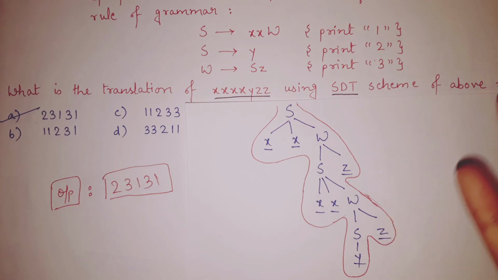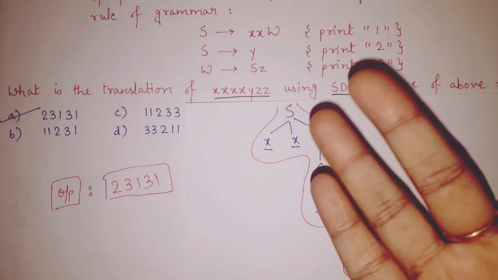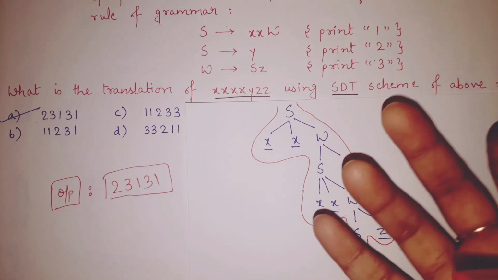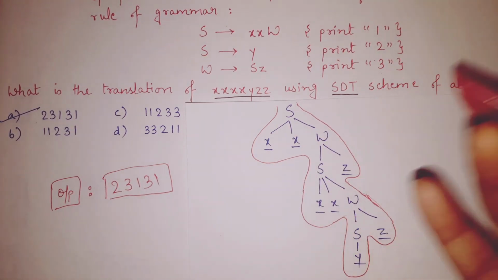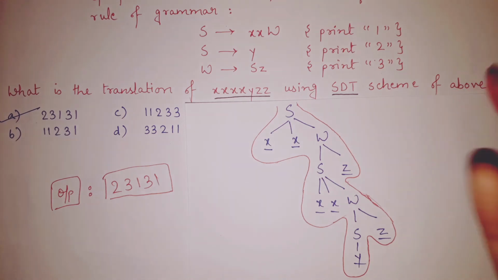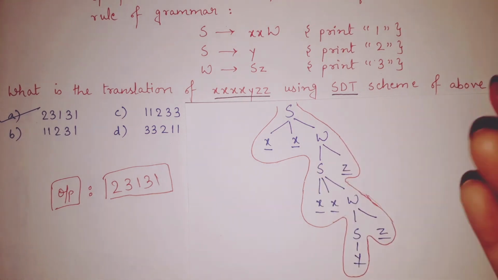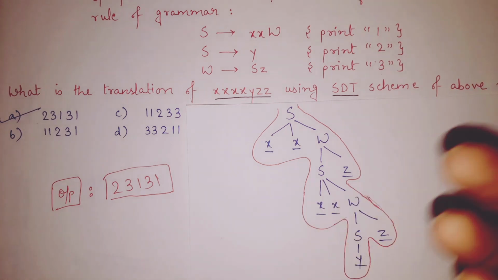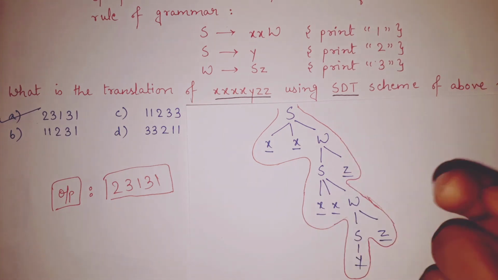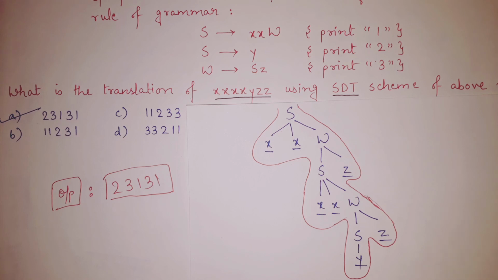Mainly you need to remember the 3 steps that I told you. The 3 steps we have to carry out, and this is just one example. This type of example is given in SDT. I guess SDT examples are asked 3-4 times in the GATE exam. So you must know this basic thing. Otherwise, if you want to learn SDT from scratch, as I told, you can go to our compiler design playlist and learn from it.